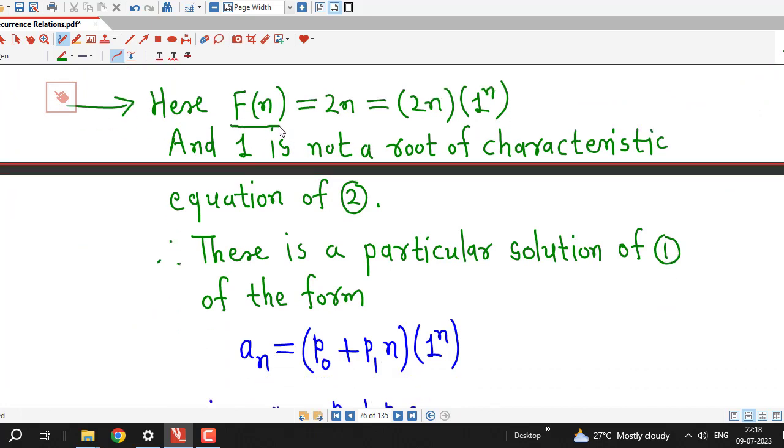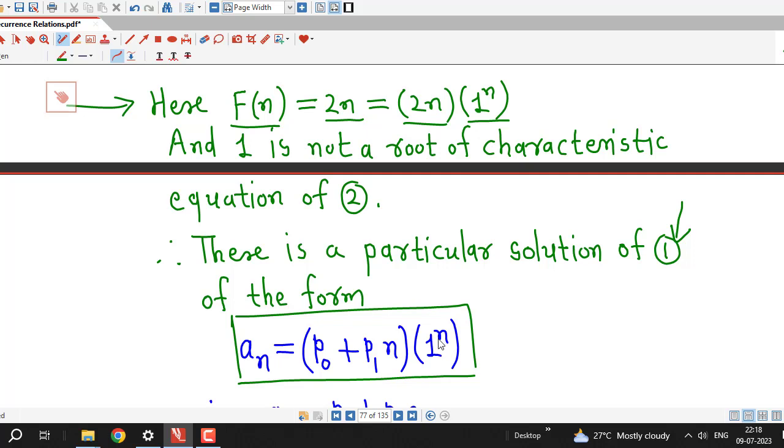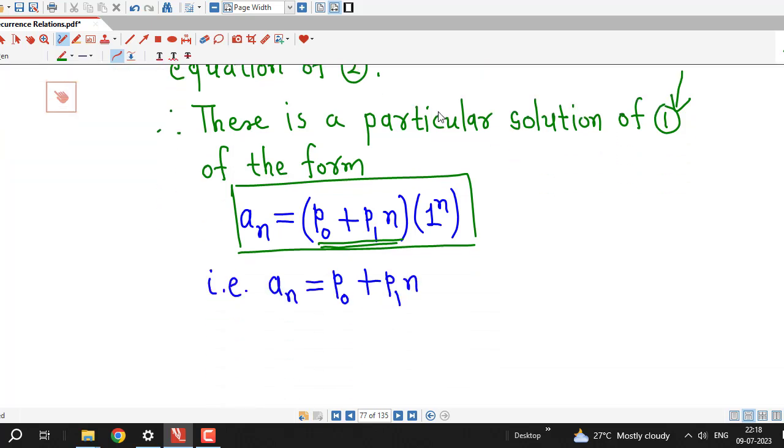I have written here f of n is 2n, that I have written as 2n times 1 raised to n, and 1 is not a root of the characteristic equation of 2, that is the homogeneous recurrence relation. Therefore there is a particular solution of the given recurrence relation of the form an equal to p0 plus p1n into 1 raised to n. I have written polynomial of first degree because this is a polynomial of first degree, and 1 raised to n is 1. Therefore this is our trial solution for